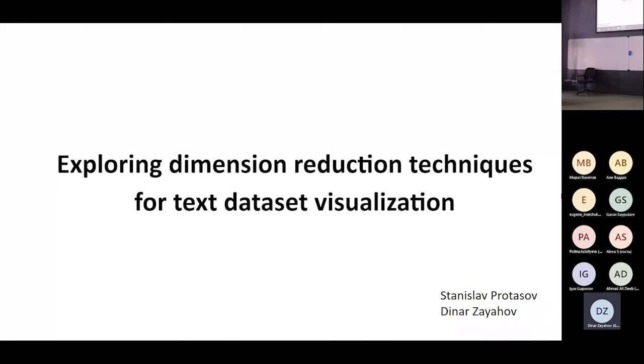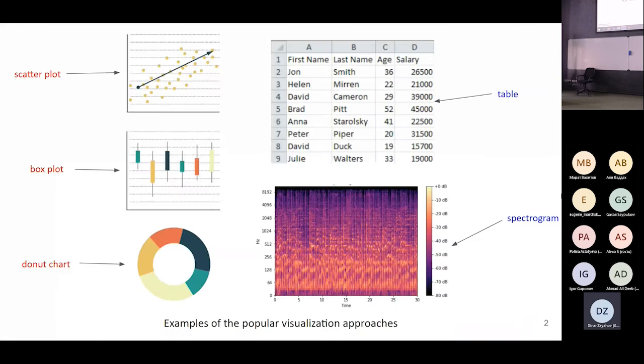There are multiple ways to picture the data. Some are targeting to present big datasets all at once. Others are able to show the specifics of the high-dimensional data. The examples of the first ones might be scatter plots to show the relation between parameters, or box plots to demonstrate the spread of numerical data, or donut charts, which are used to illustrate numerical proportion. The instances of the latter are spectrograms, which visualize the spectrum of frequencies, or tables, which structure the data and